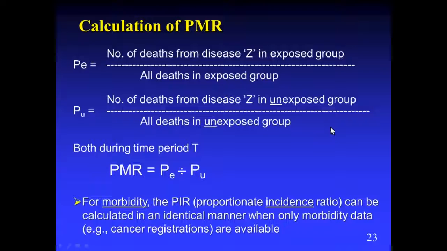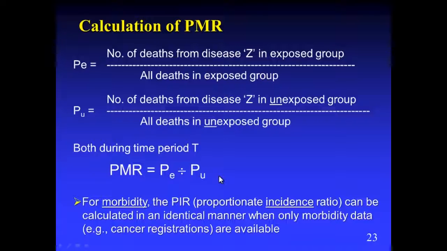So the calculation of the PMR is pretty straightforward. It's the number of deaths from disease Z in the exposed group divided by all deaths in the exposed group. And that's divided by the number of deaths from the same disease Z in the unexposed group, divided by all deaths in the unexposed group. Having calculated those two measures, you just divide one by the other, as we have done with all the other ratio measures,